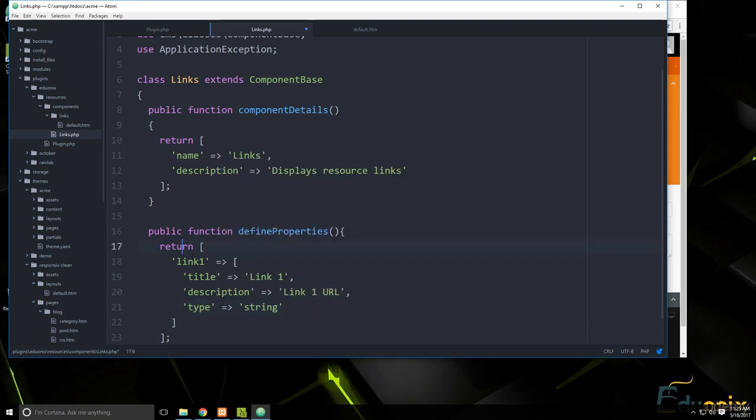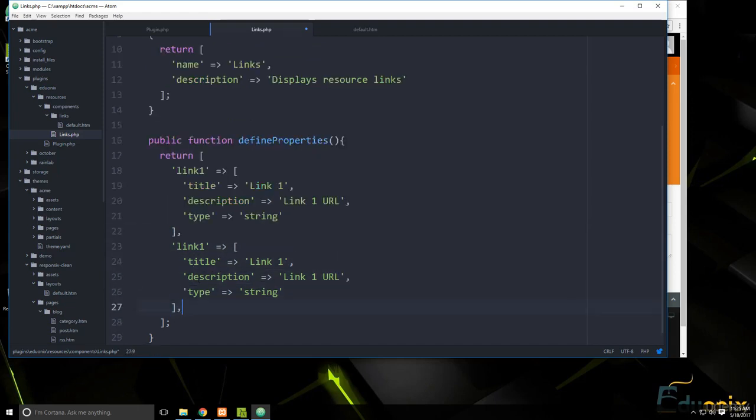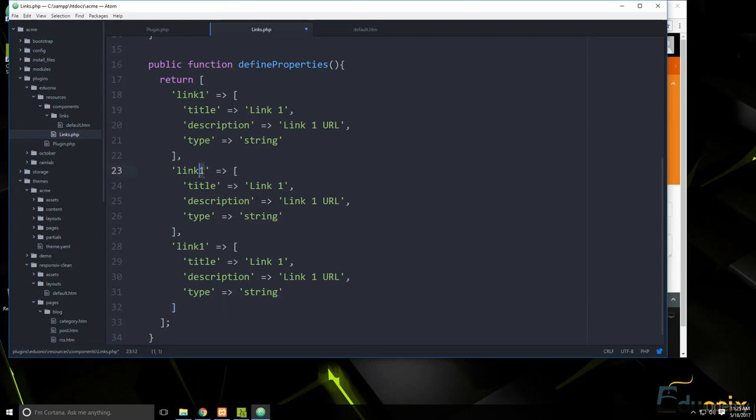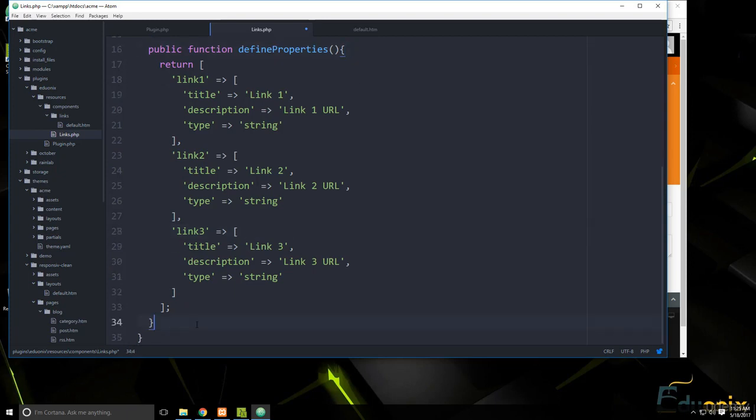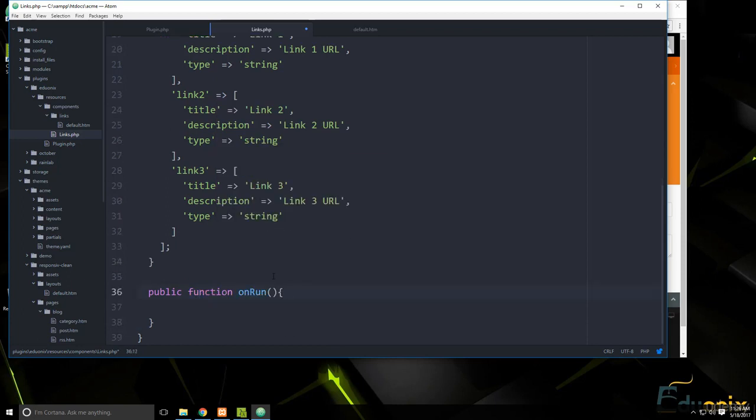Okay, so we'll have link 1, link 2, and link 3. So let's put a comma here, and then we'll just copy this, paste it in twice. This one will be link 2, and this one will be link 3. So that's the properties. Now we need a function. We need a function called onRun, and that's going to fire off when it's loaded. So let's say onRun,